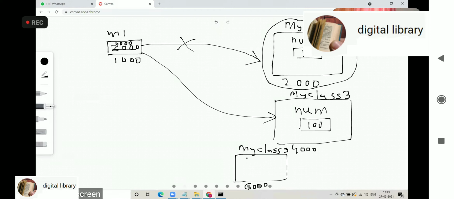That object will also have num, value 100, but it does not have a reference.